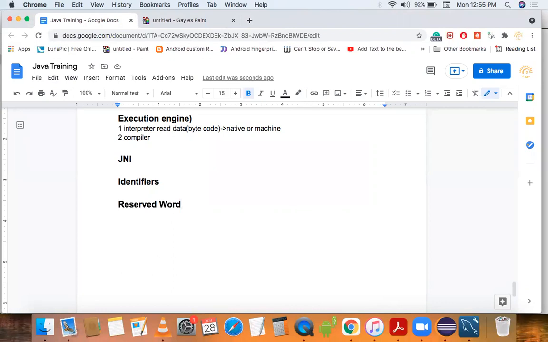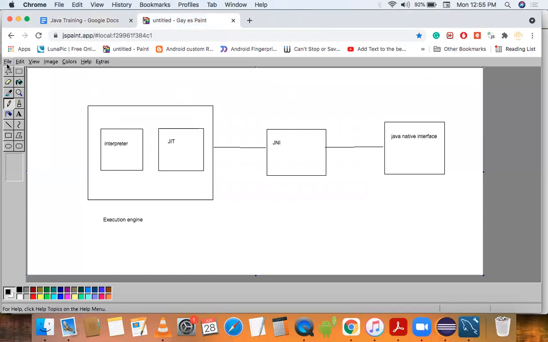So this type of words are called reserved words. In Java, around 53 words are reserved words. Now we will try to understand by a diagram.